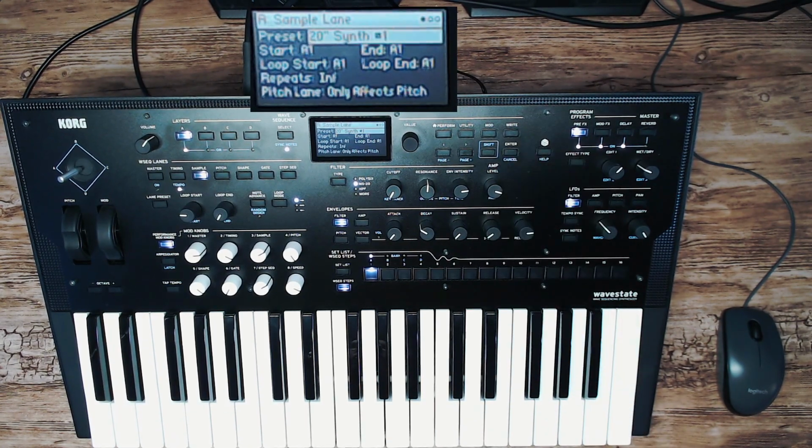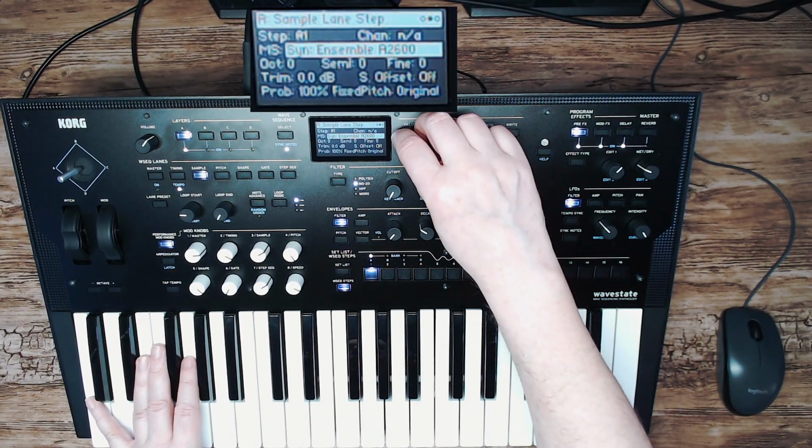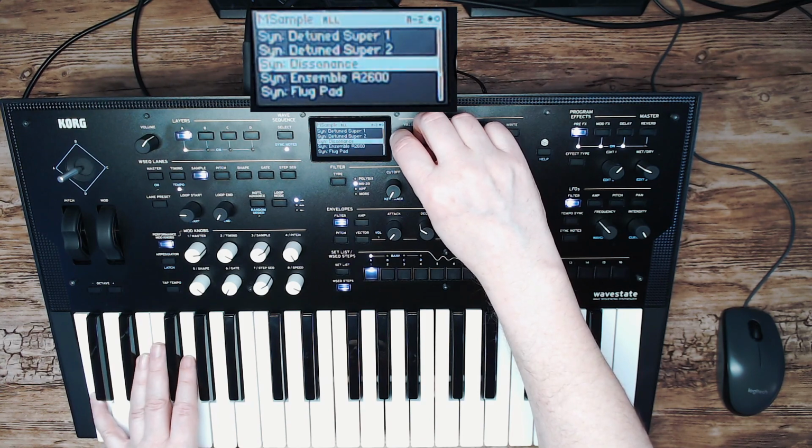So completely different than the original by just changing a few things in the wave state. If you want to modify the specific sample, just